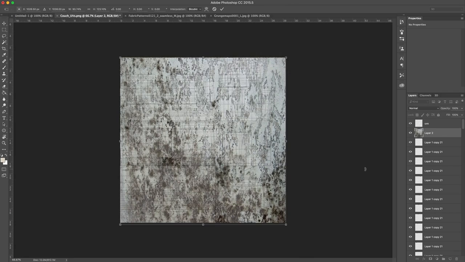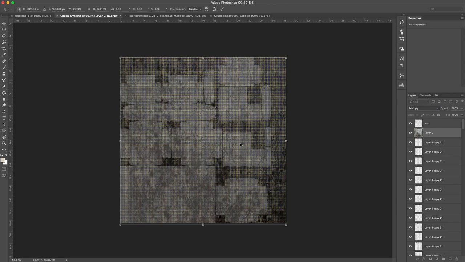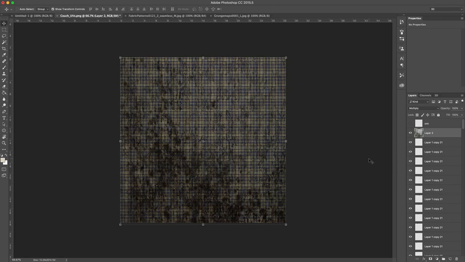Let's see how this works. I'll change this from the normal blending mode to multiply, and that gives it kind of a nasty feel to it. Let me turn off the UVs and see how it looks. Oh yeah, that looks just awful. So let's try this. I'll press